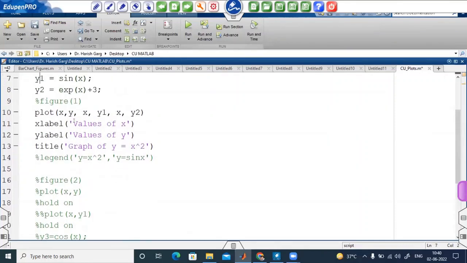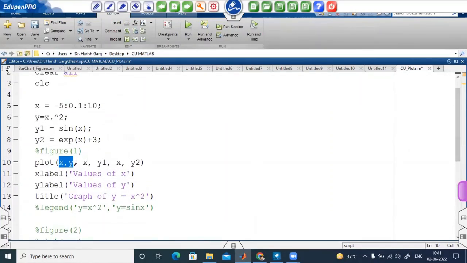Now what you can do is, this is my first graph. So if you want to make the graph of x and y, that is y is equal to x square, a red color, you can put here comma r. R represents my red color. If you want to make the second one blue, you can write here b for blue. If you want to make the third one magenta, you can put m. So you can see if I run this file,